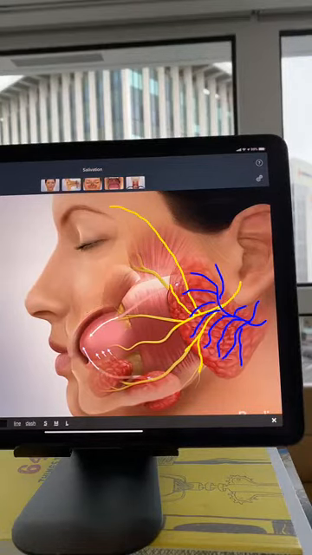Start producing saliva, get the mouth ready, get the mouth watering for the food to get you ready for saliva production, right? And so when we do surgery on the parotid gland,